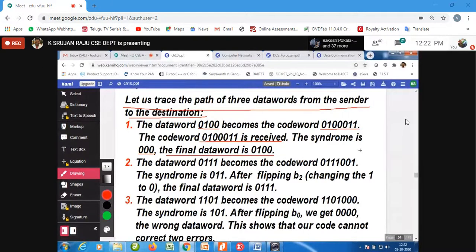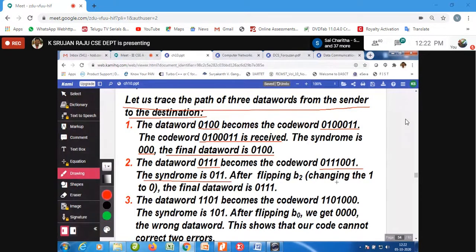Dear friends, now if the data word which I am sending is 0111, it becomes 0111001. Now what is going to happen in the syndrome?